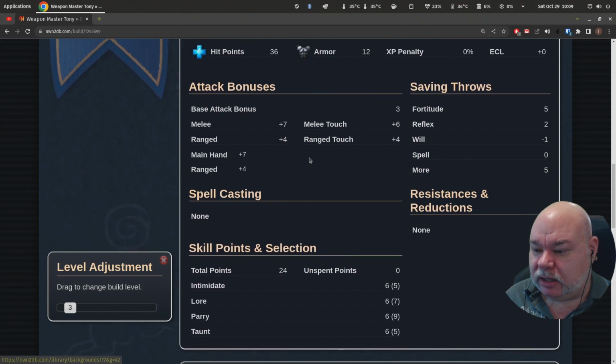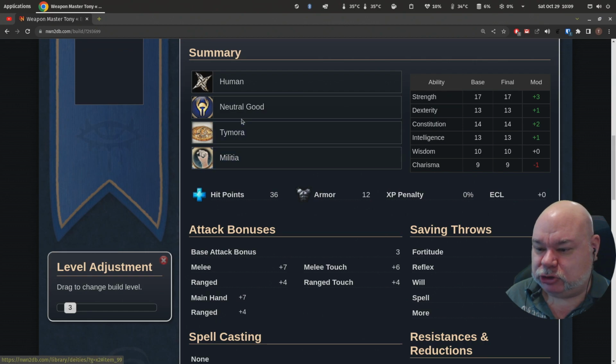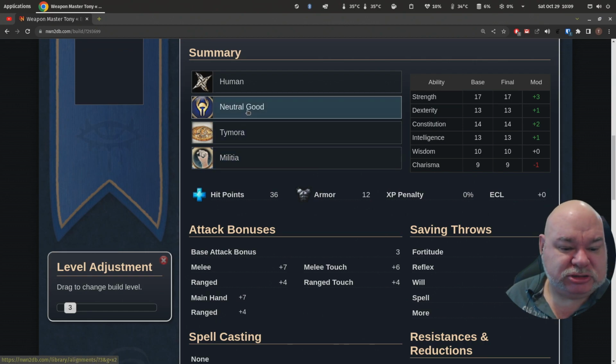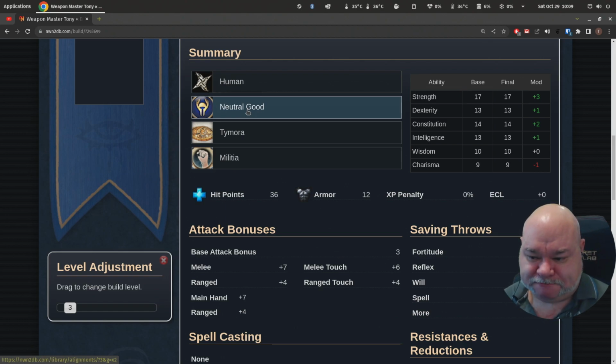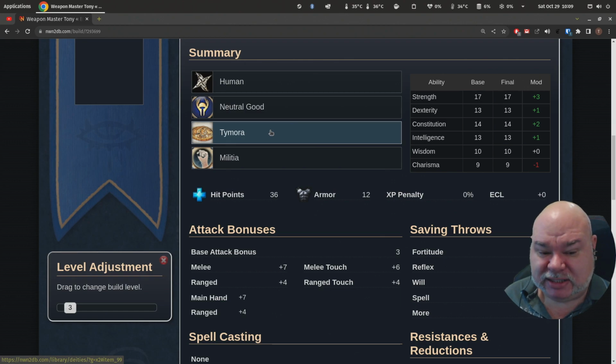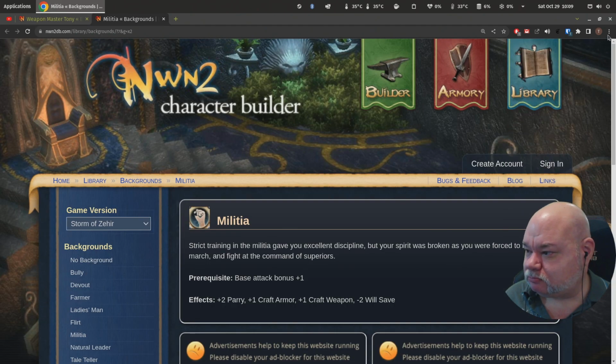Okay. You can see here, because of the other choices here. Neutral good. Doesn't matter at all. Take whatever alignment you want, right? I'm just usually happy to play neutral good. Deity. Pick anything you want, including none if you want to. Now, Militia. I picked Militia because...